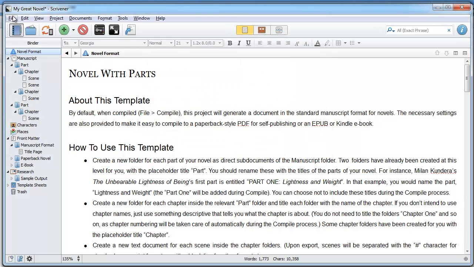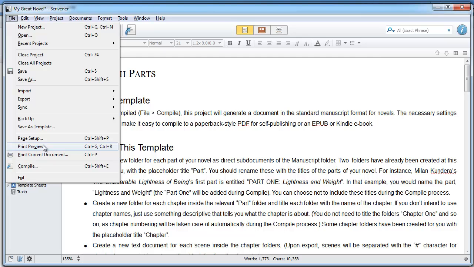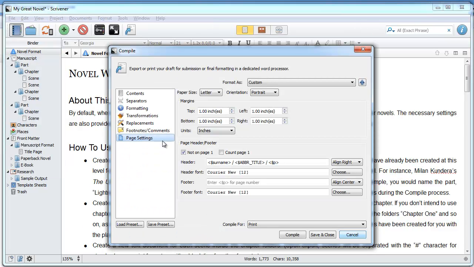And by making these declarations inside of here, when you go into File, Compile, and you go to your page settings, that surname will pick up just your last name, and that will show up in the header settings at the top of each page when you go to do your output to send to an agent or an editor or a beta reader or something like that. So those are a couple quick tips that I wanted to share with you here in Scrivener for